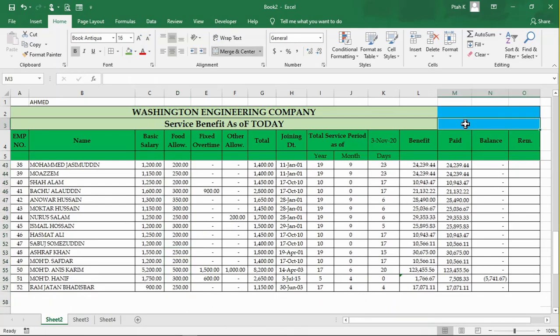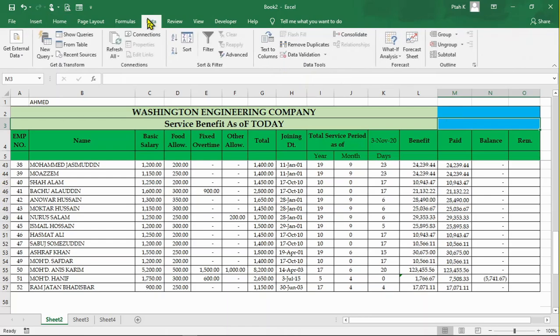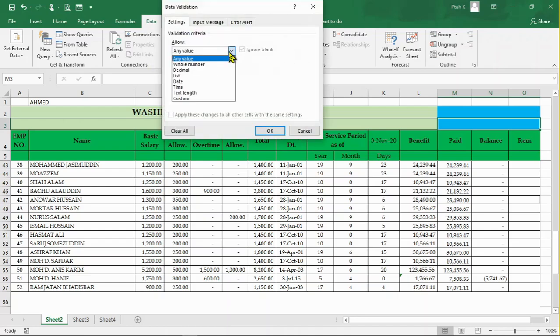I want to take this cell. I will show you 3 ways to make a search box. I will take this cell and create a search box there. First, I'll create a drop down list. Click data validation,